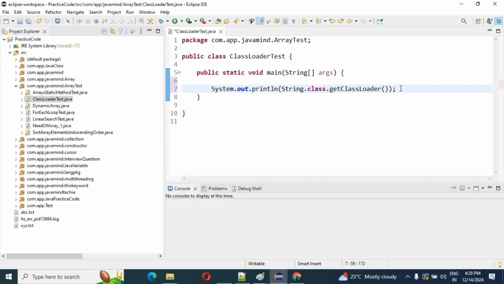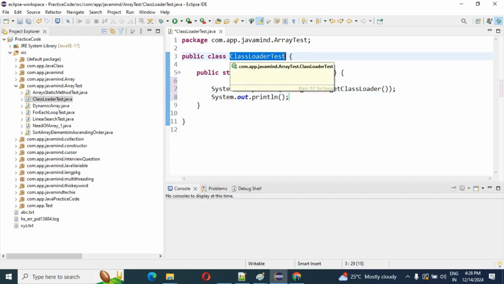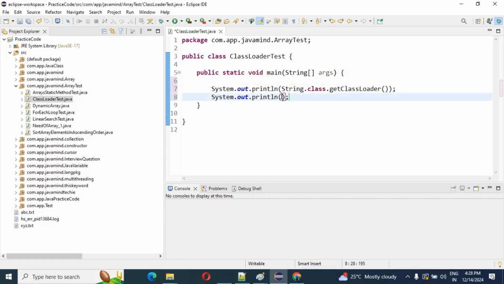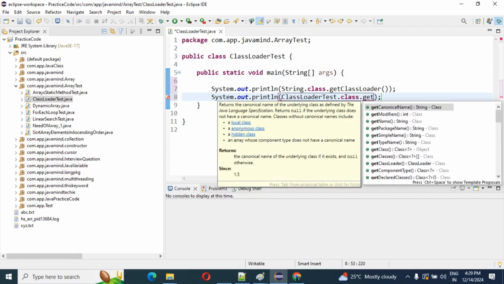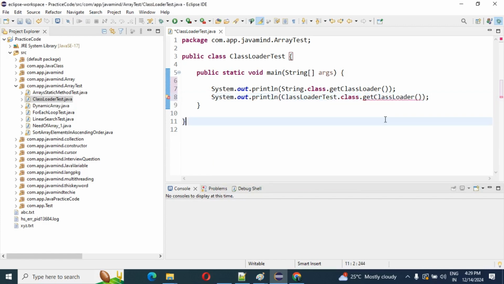I will show you, don't worry. Then, for the application class loader, suppose this is our application-level class. If you want to know which class loader subsystem loads it, we use the class's getClassLoader(). I can't show the extension class loader because I'm using JDK 17.